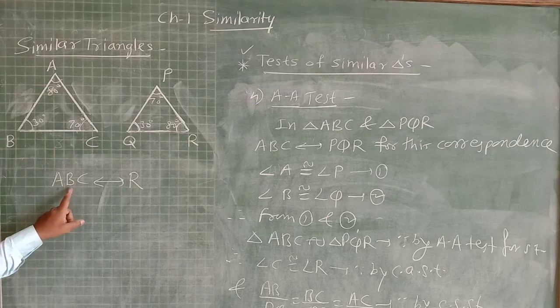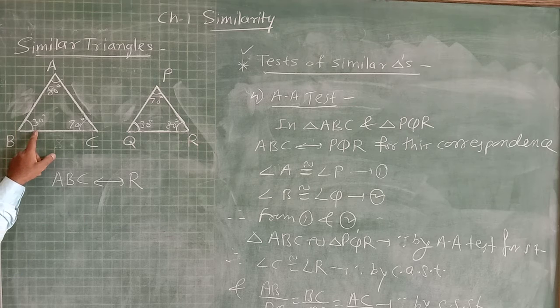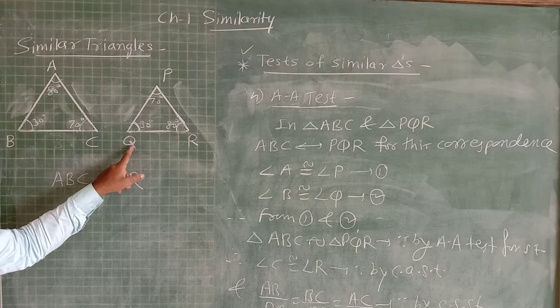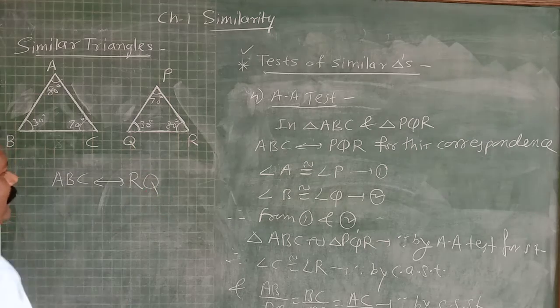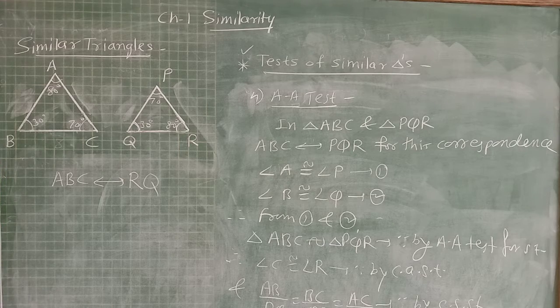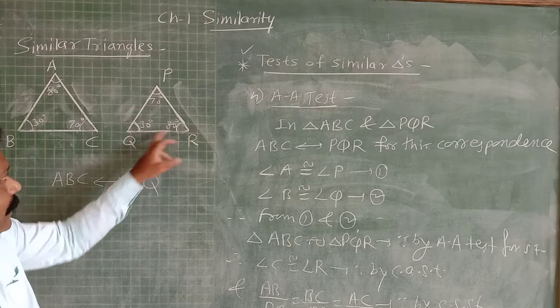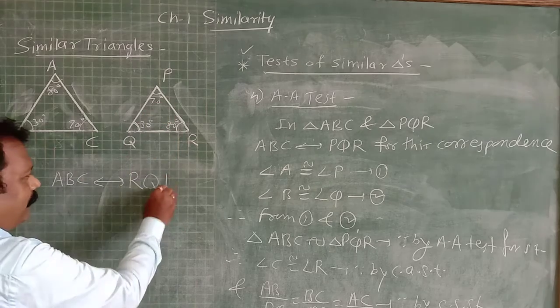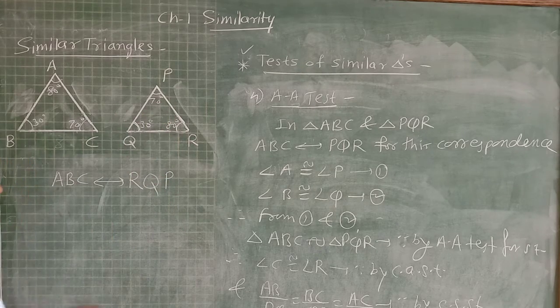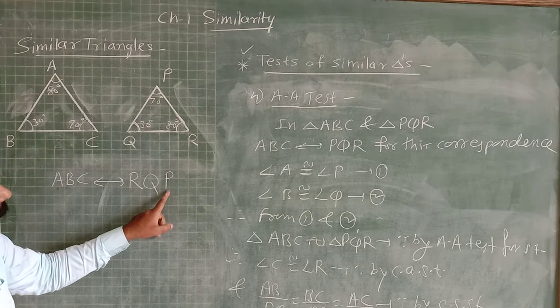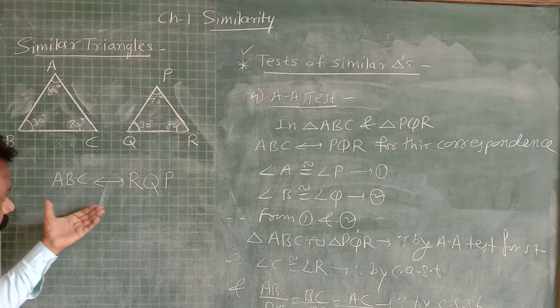Now, the second alphabet is B. B is 30 degrees. Find out where 30 degrees is. Here, in another angle. So the measure 30 degrees belongs to which angle? Q. So Q right here. And the third, it is not necessary to find out, because the name of the other triangle is PQR, so with R and Q taken, the remaining one is P. Not necessary to find out. Then also you have to find out: this is C. C is 70. Where is 70? Then right here. Correct?